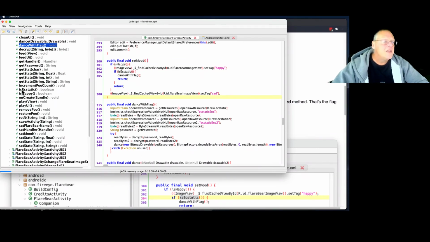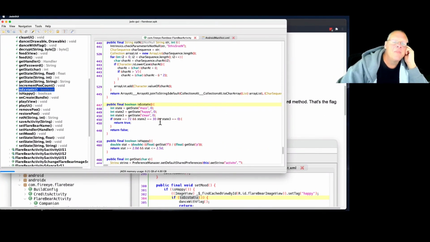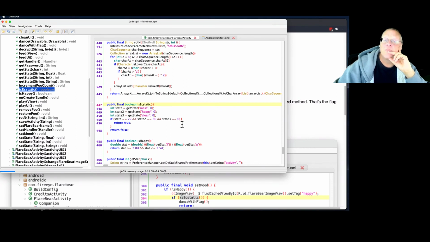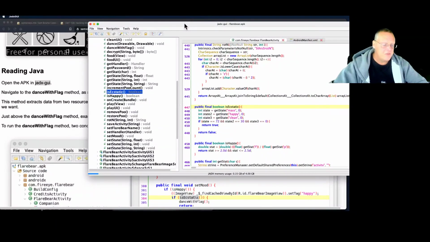And if you go down to is ecstatic here, you can just see all the source code. So if you go there, you'll see the bear apparently has three numerical states: mass, happy, and clean. And you're ecstatic if you have exactly these values: a mass of 72, a happy of 30, and a clean of 0. And so the three buttons that you press, if I bring it back here,